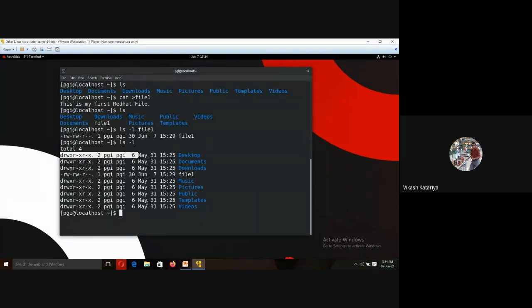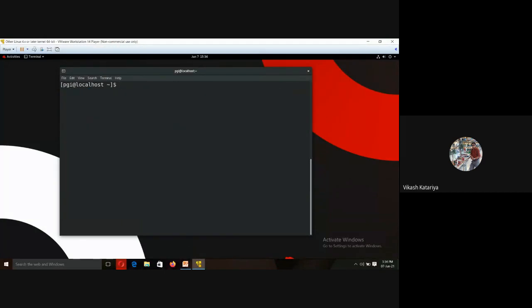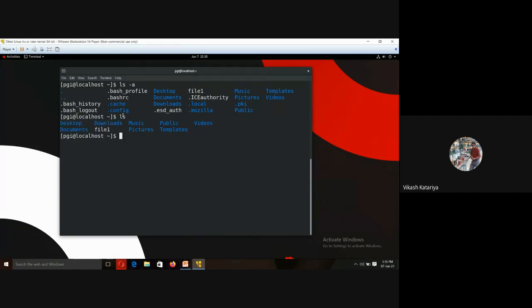Now similarly, if we want to print all those files which start with a dot or double dot or any special symbol, you can choose the -a parameter. Now you can observe the output of the simple ls command and the output of ls -a.